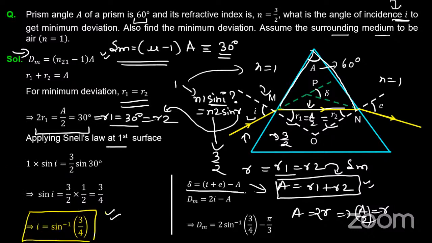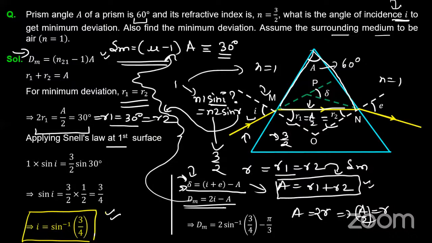We know this formula, and we did some simplifications on this, applied some laws. Then we got this formula for the deviation. But if we see this, we know for the minimum angle of deviation, I is equal to E. So 2I minus E. From this, we get the angle of minimum deviation like this, and we have already found it by this formula also. Both will be the same, students.